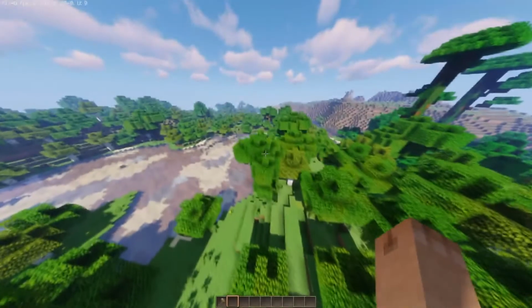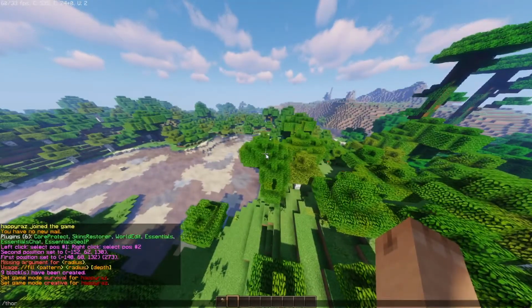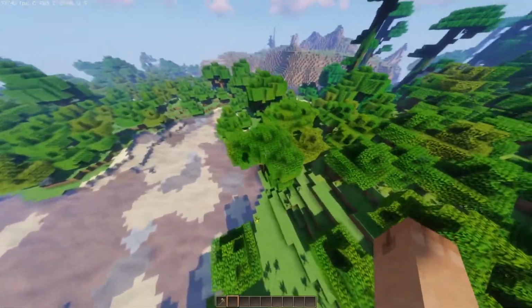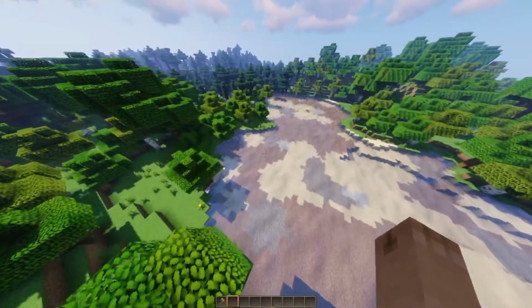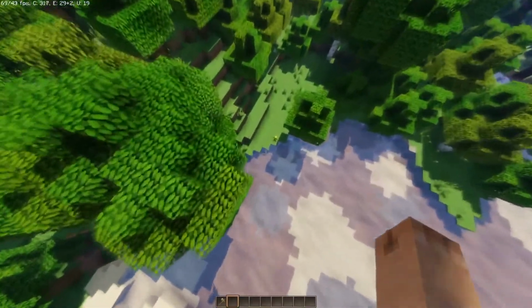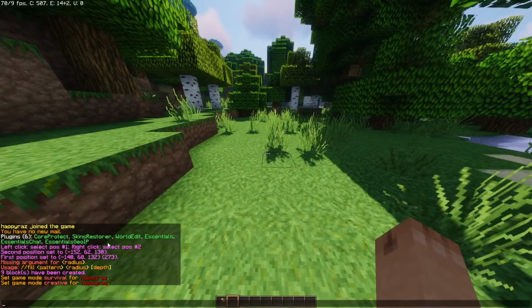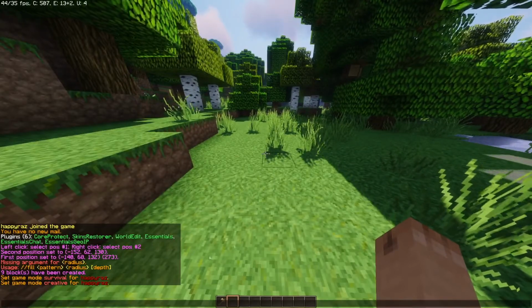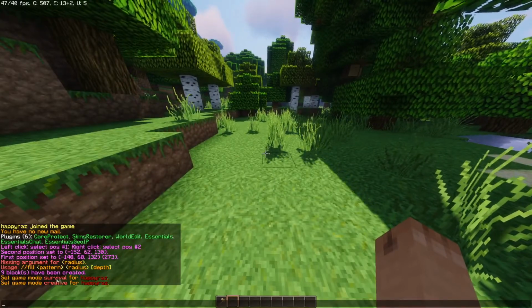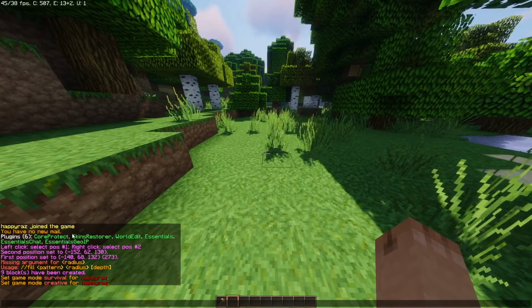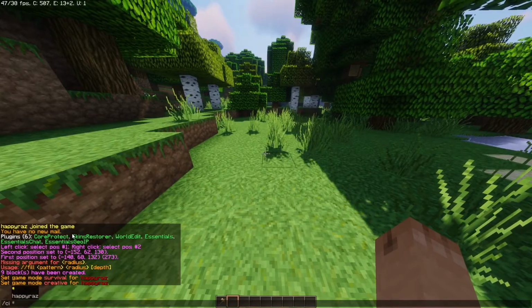Also, it has a bunch of cool commands like /Thor. Just lightning strikes wherever you're looking at. That's pretty cool. GeoIP, I have no one joining the server right now, but if they joined, it would say where they're coming from. Core Protect, so if I do /I,